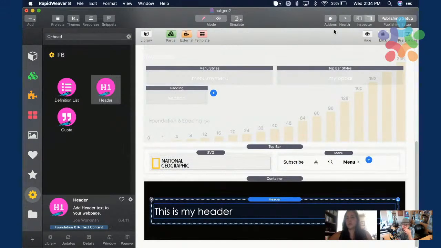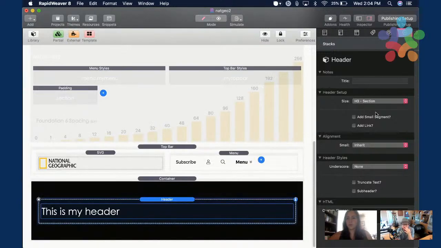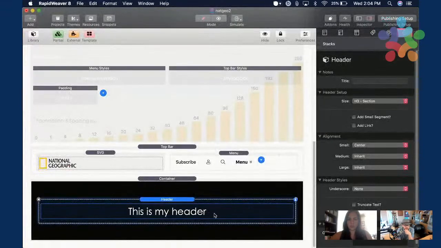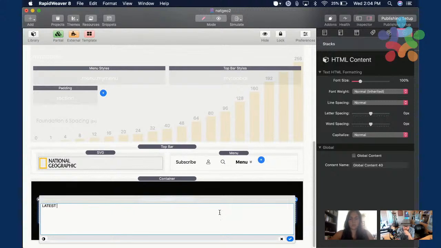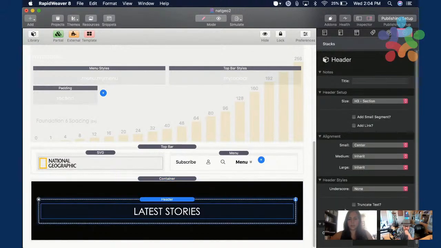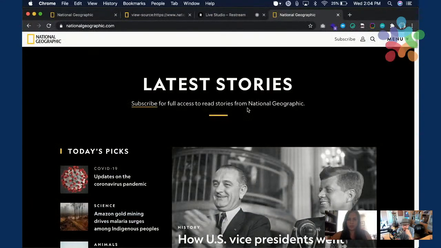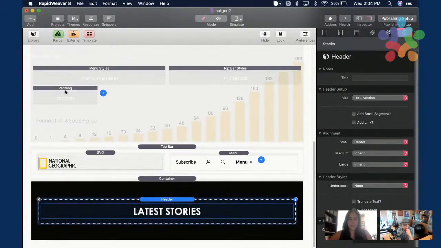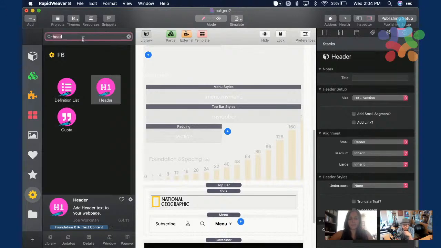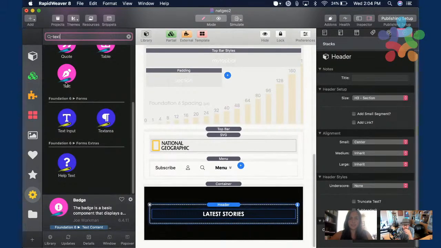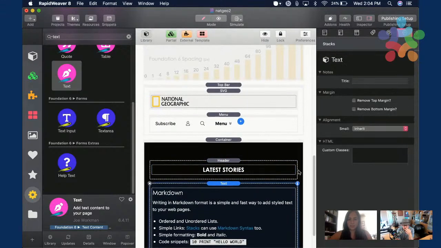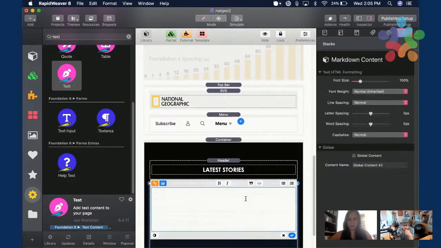Okay. So I'm gonna center. I'm gonna use an H3 for now and see how that looks. And center the text, and we have latest stories. And we can use the utility class font bold, and it looks a little bit more like their text. And then we have a text that will center and replace.